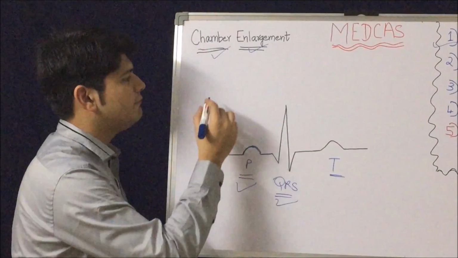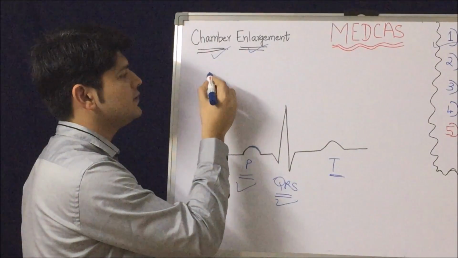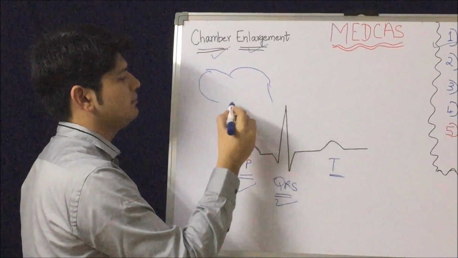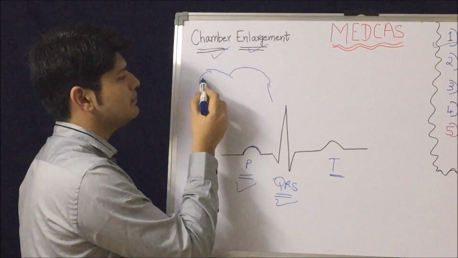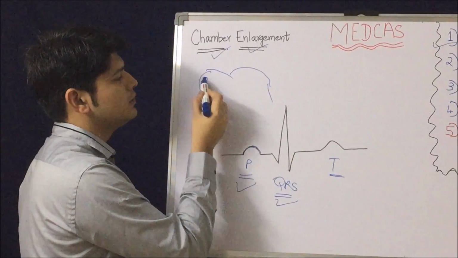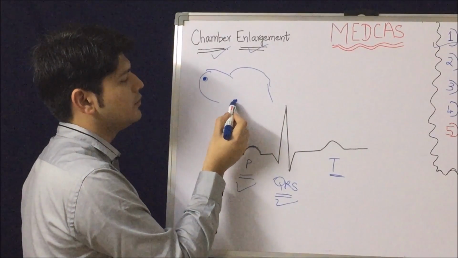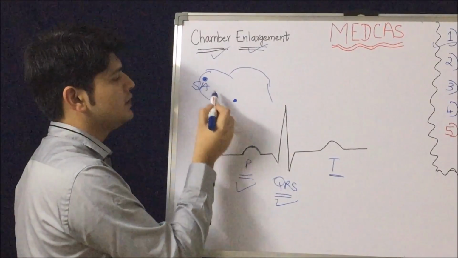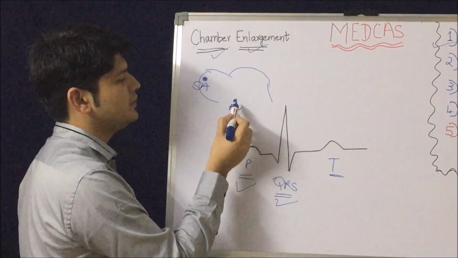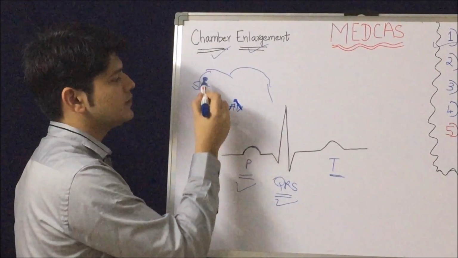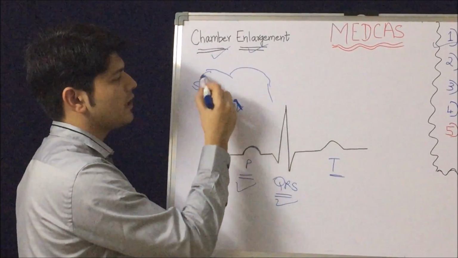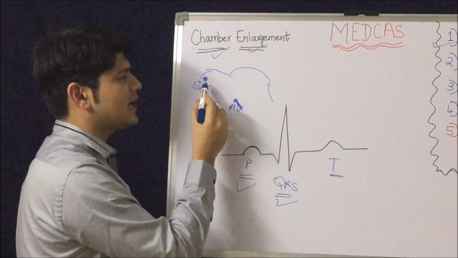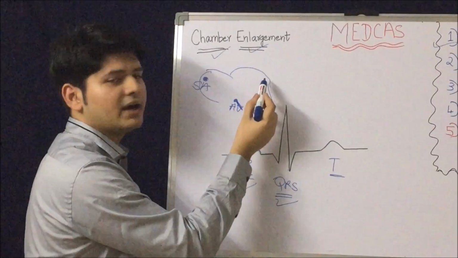Now if we look at the atria as per the physiology, we have the right atrium and the left atrium, correct? And in the right atrium, superiorly we have the SA node and inferiorly somewhere the AV node. The impulse is going to start from the SA node here, then the AV node and then the bundle of His. This is the event we are going to record, atrial depolarization. It starts from the RA, then the LA part comes.